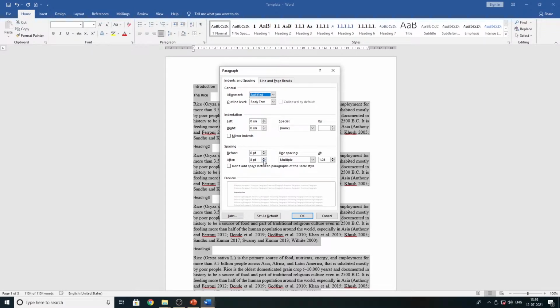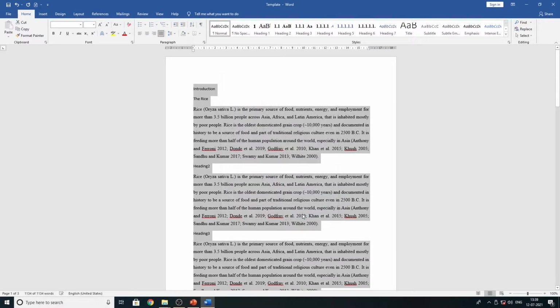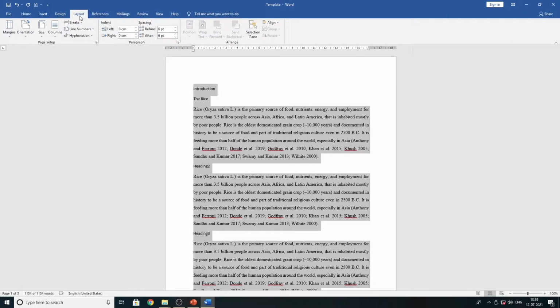Then you can adjust your spacing and line spacing: keep both at 6, then keep the line spacing around 1.5. This looks professional. Hit OK.